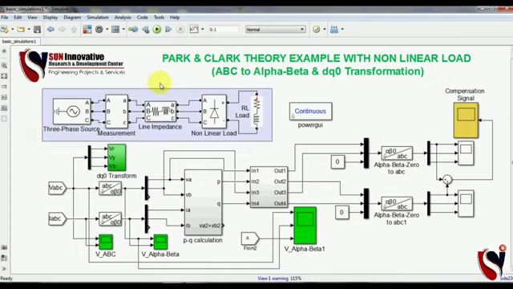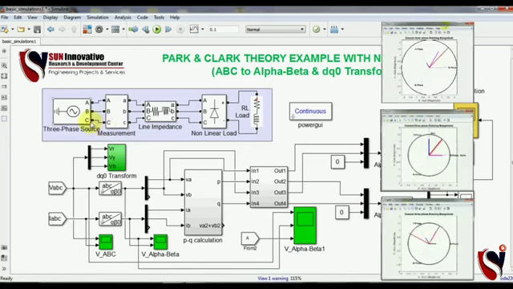So till now I think you have understood what today's title is. Today's title is Park and Clark theory example with the nonlinear load, and this simulation will show you the alpha, beta and DQ transformation from the three phase. The simulation will show you how to use the alpha, beta and ABC transformation, which is useful